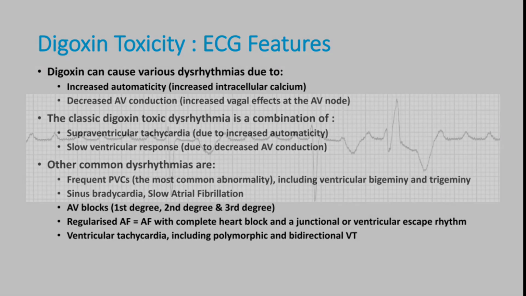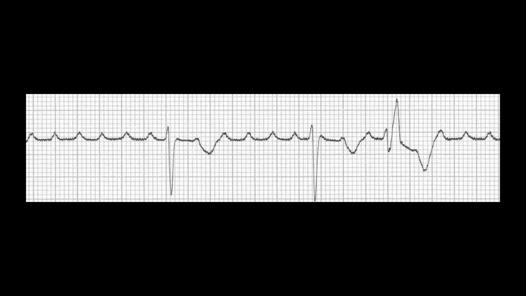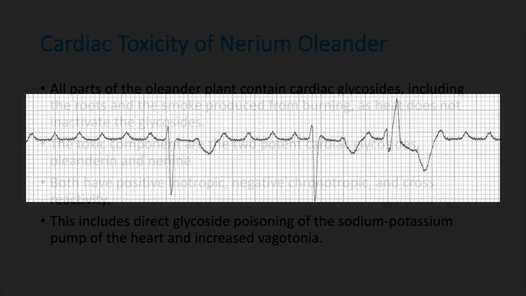Now this is an ECG. You can see here there is digoxin toxicity with ST depression, sagging ST segment, and the patient is having high degree heart blocks. So it may be high degree, second degree heart block, or sometimes the patient is going to complete or third degree heart block. Both are possible in this ECG, but it looks like high degree, second degree heart block.